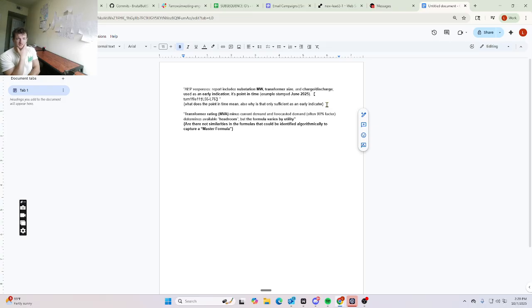Actually, I don't know why I'm asking this. Let me think about this. Transformer rating minus current demand and forecasted demand. Okay, this is under how they interpret capacity. Okay, transformer rating. So this is the formula they use to determine capacity. Determines available headroom, but the formula varies by utility. And